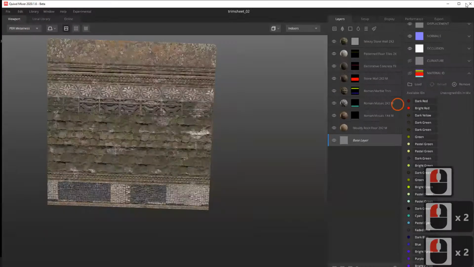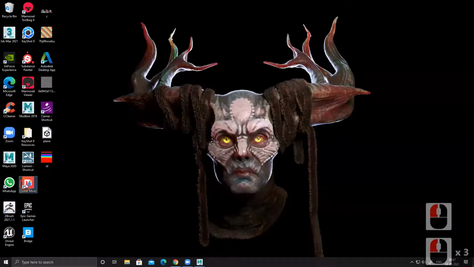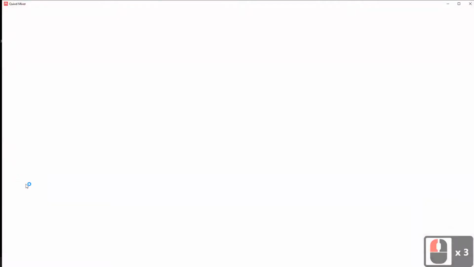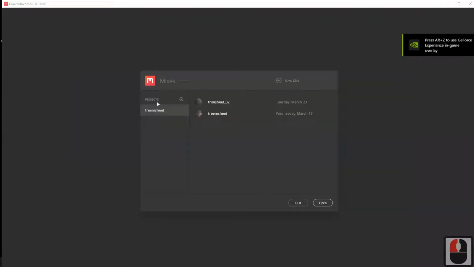Oh, sorry, I just need to reopen it. Easy. Reopen it. This meeting is going to end in a few minutes, so I'll restart it, rejoin it. Okay. I opened this, and now it will open like this, and by default there won't be any trim sheet, nothing, only Project and New Mix. Everything else will be empty.